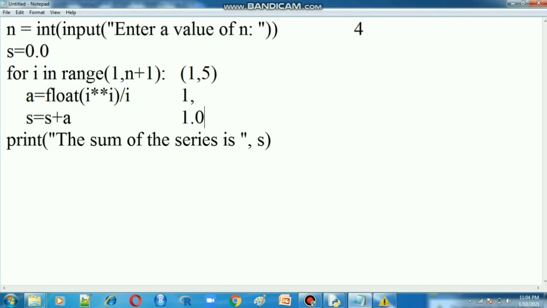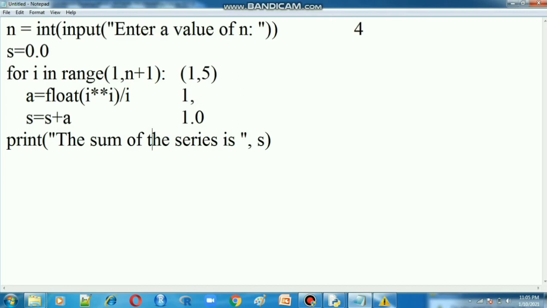So now this 1.0 value will be stored in the s variable. That value will be changed now, first 0.0, now the s value will be changed to 1.0. Next, the print function prints the sum of the series, the s value, which is 1.0. Next step, step 1 is over.